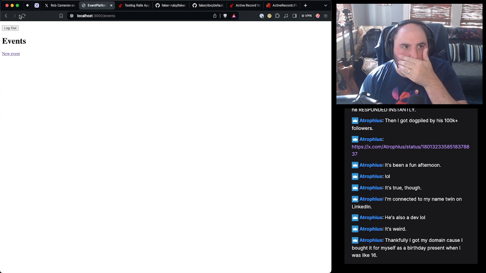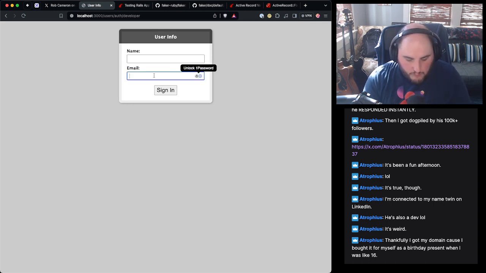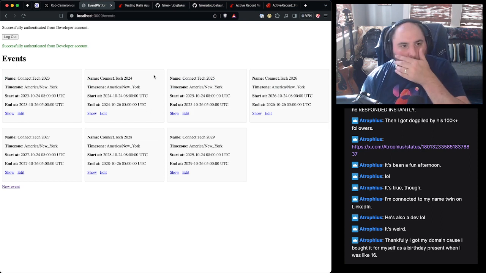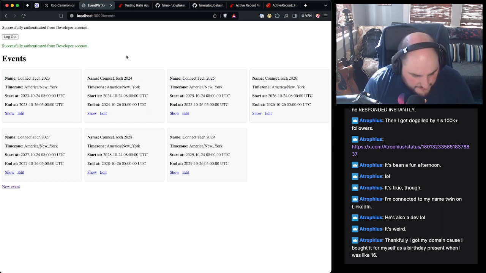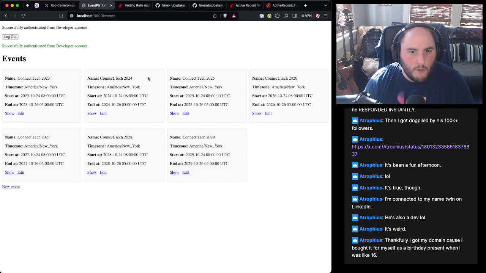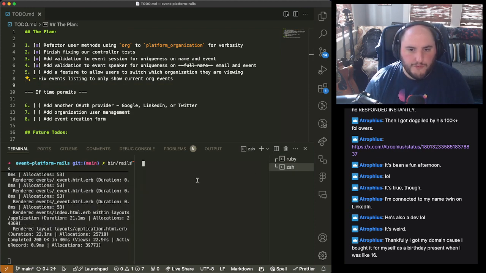So let's go load our UI. We haven't been here in a while. Looks like we got signed out. Let's just sign in with the developer account. And as we can see, we're logged in. We have our data. I mentioned earlier that we had a bug. I'm going to create a new entity in our database because I think that'll be helpful for what we want to do here.